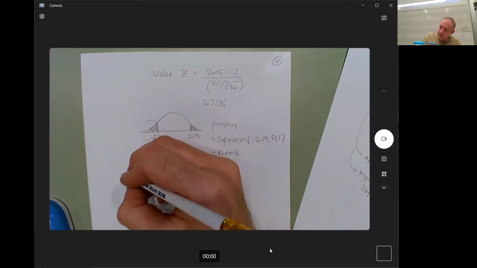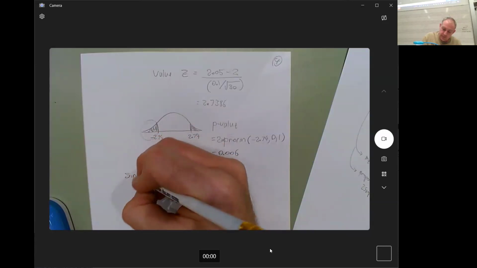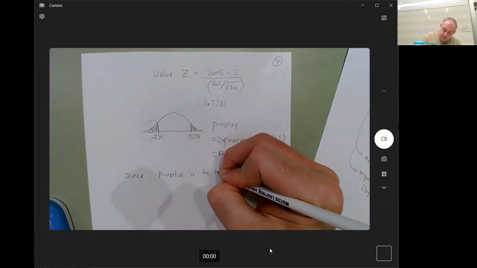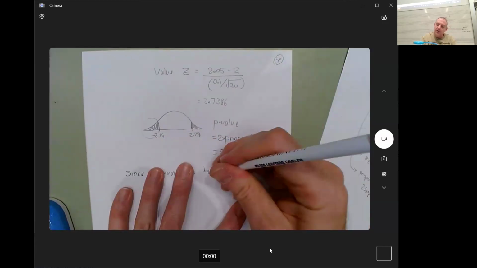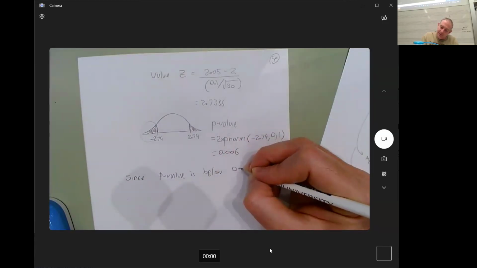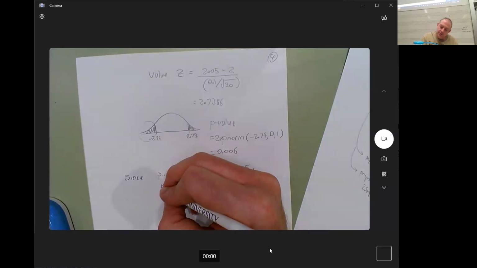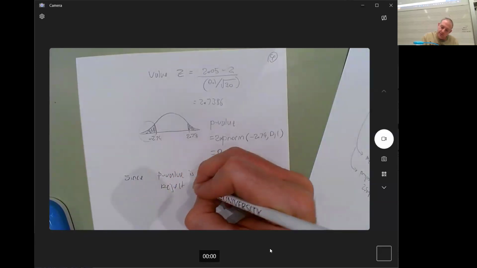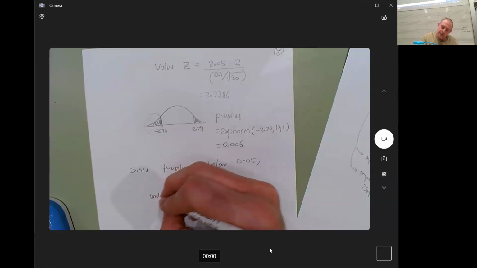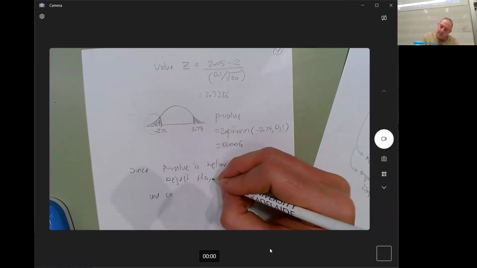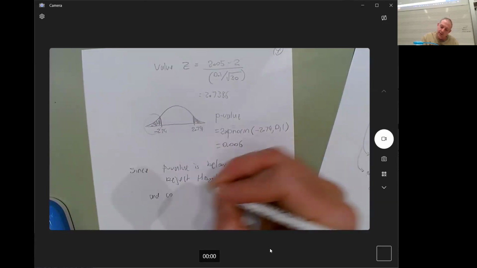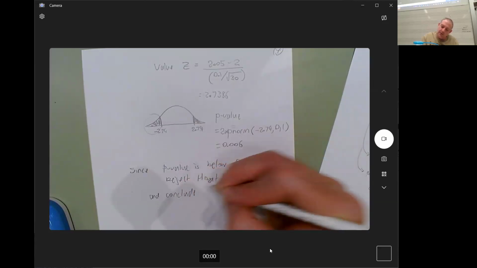So reject the null hypothesis at the 5% level. And conclude that